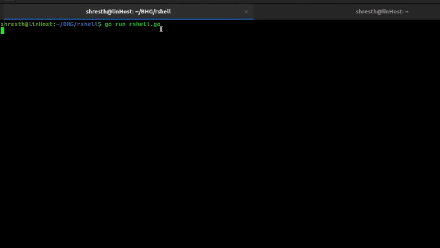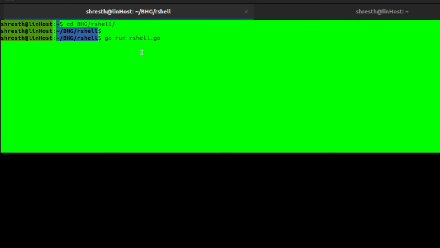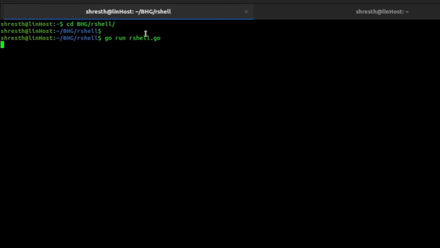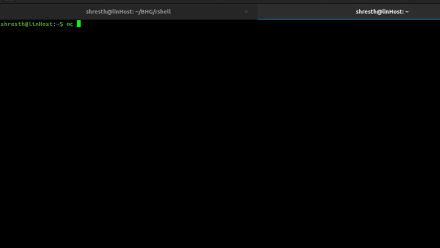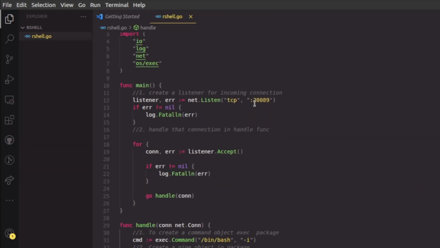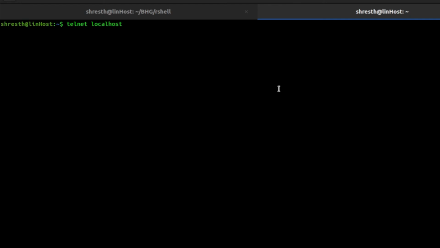Imagine that this is executing on a victim machine or some remote machine, and this is the hacker or the user who wants to connect to this remote machine. We can use netcat or telnet. Let's use telnet this time. We'll say the host which we want to connect to and the port. Sorry, I forgot the port number. It is 20089.